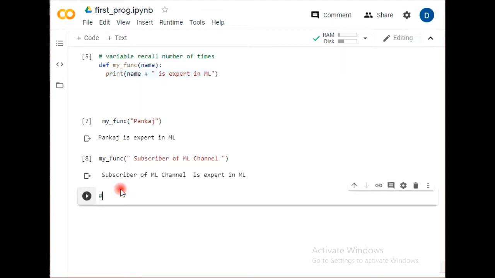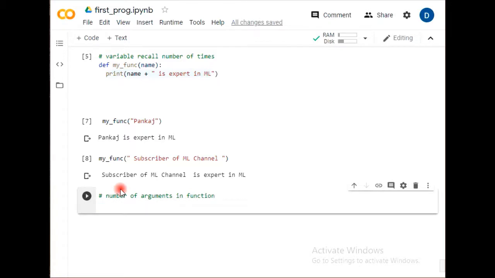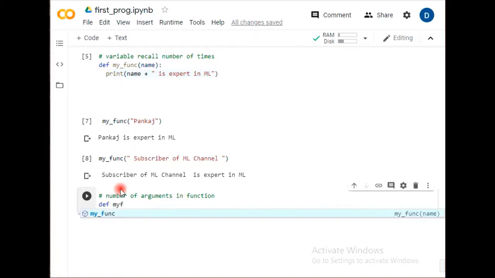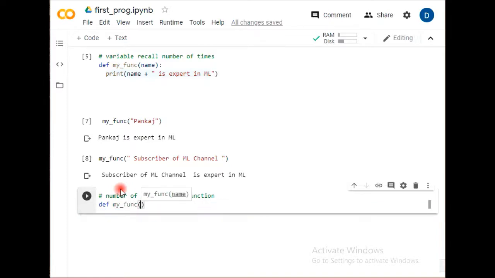So now we have a target to understand number of arguments in a function. What are they? Suppose now I'm defining my function, and under that function I'm giving two things.